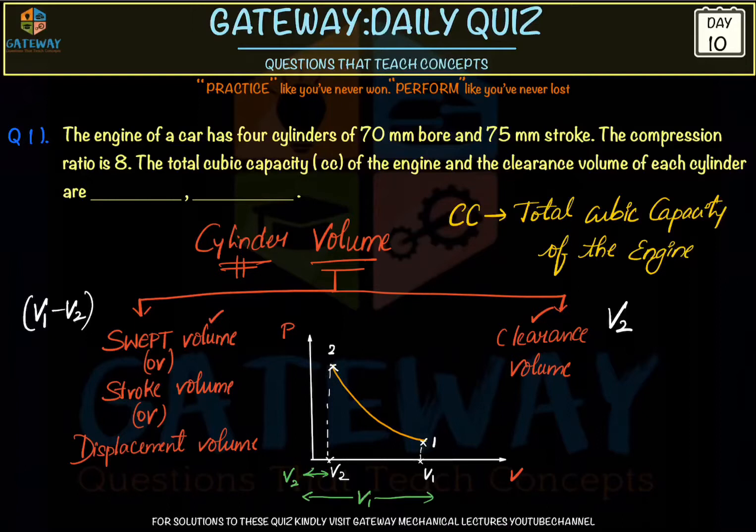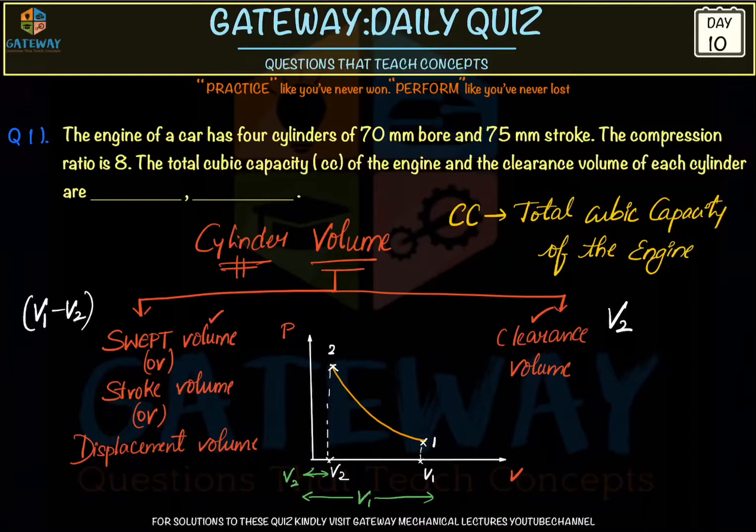Why we need a clearance volume? That is all theoretical. We'll just summarize it: it is for accommodating the spark in SI engines, and in compression ignition engines to allow the self ignition to start in that place. When the piston is near the top dead center, we need a clearance volume. So this is the basic summary of why we need a clearance volume.